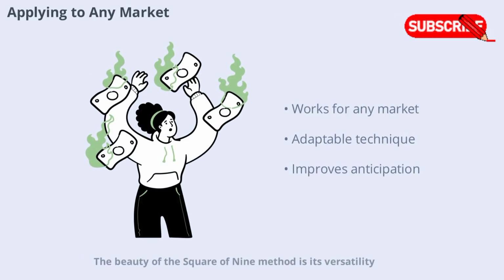The beauty of the square of 9 method is its versatility. Whether you're trading stocks, indices, or other financial instruments, these formulas and techniques can be adapted to fit your needs. By consistently applying the method, you'll develop a deeper understanding of market cycles and improve your ability to anticipate key